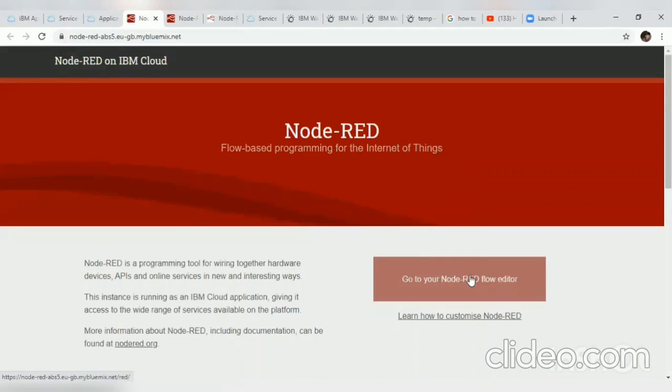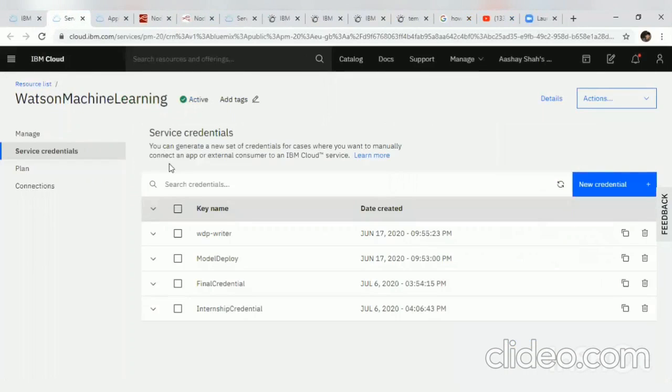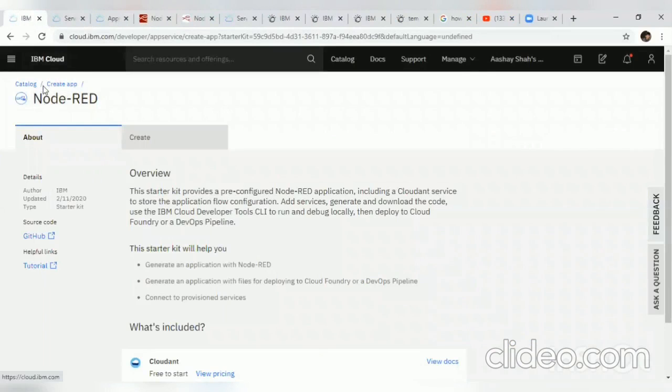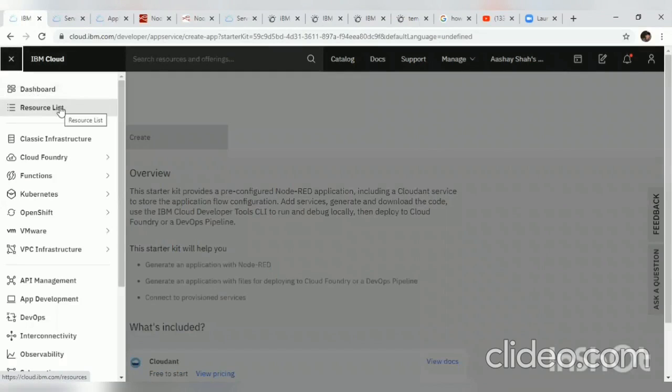Simply click on go to your Node-RED editor. This will only ask for your username and password. Then after successfully completing all these steps, you simply go to your dashboard, or you can click on the resource list.